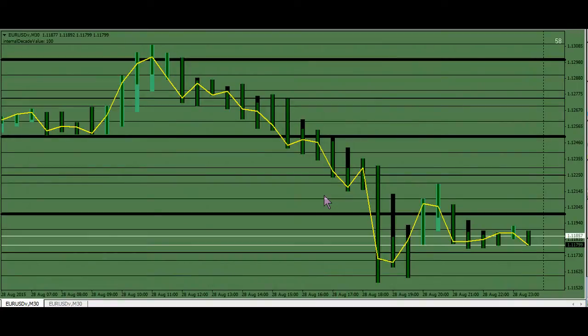time frame. This is a half-hour chart, and I put in a 50. This is 50 pips here, and this is the 25-yard line, and this is the 50-yard line, and these are 10 pips. So I can see this 5-pip window here, and I can see when the market's going up. This is a mechanical trading system. The rules are,